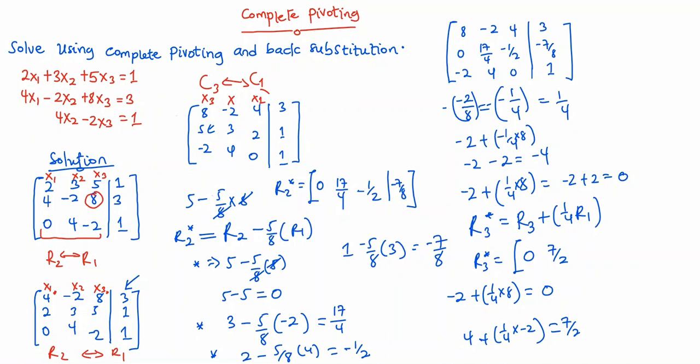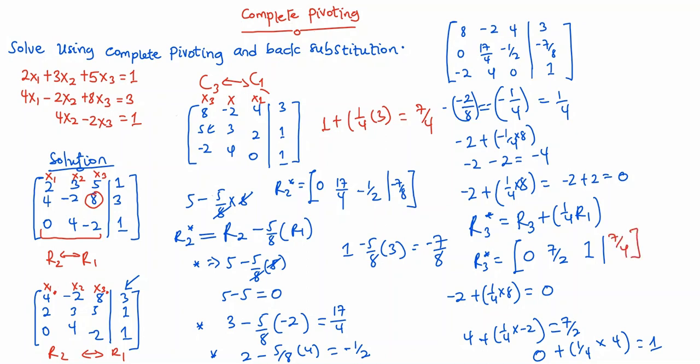So let's do the third one. For the third one also, we are going to have 0 plus 1 on 4 multiplying 4, right? So this will give us a value of 1. So we are going to have 1 here. So now let's look at the right hand side. For the right hand side, you're going to have 1 plus 1 over 4 multiplying 3. So when you do this, you're going to have 1 plus 1 over 4 times 3. That'll give us 7 on 4. So that'll be the right hand side entry also.